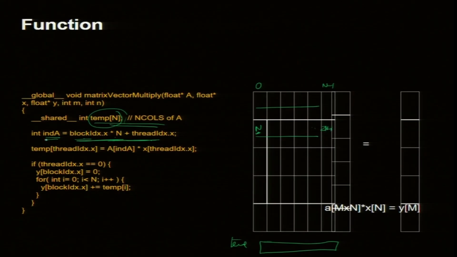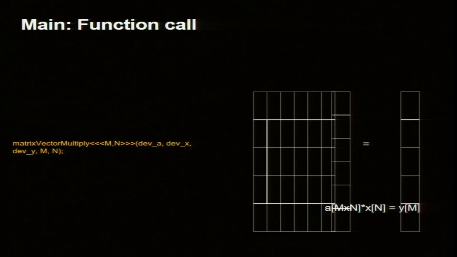This is what is done by the index, multiplied by the x element. Every thread is computing temp. So, this is parallel, and after that I do the sum. Multiplication is parallelized, but the sum is not parallelized; it has to be done in a loop, and it is done here, and that is it. So, I am done. This is a better function than the last one, and the main function call is m comma n. Okay. I think I will stop here.